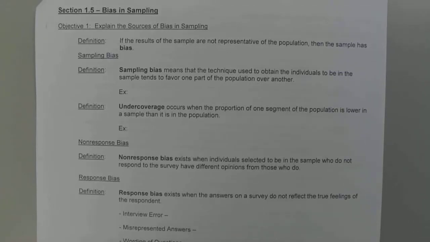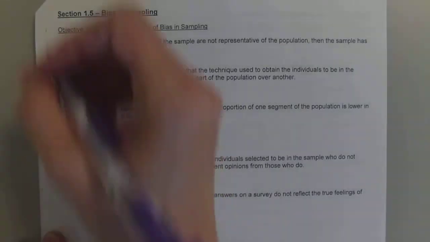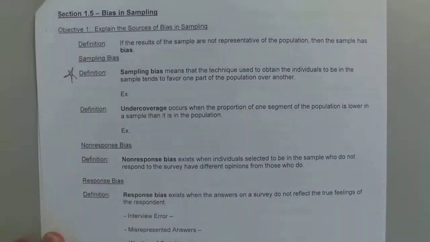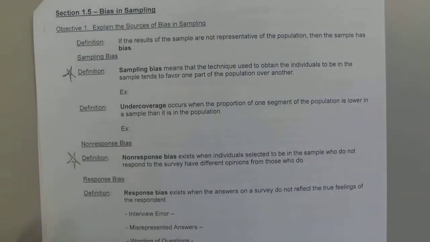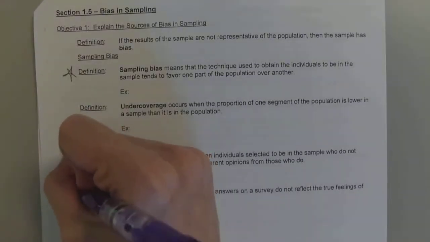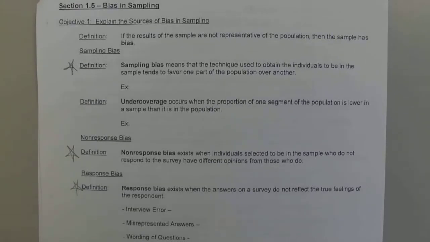So now that we know the different sampling techniques from 1.3 and 1.4, they want you to be aware of what can happen if you sample. What types of biases are there? There's actually 3 kinds, so I'm going to star those. Sampling bias is a kind of bias. Non-response bias is a type of bias. And response bias is a type. So there are 3 biases that we're going to talk about, okay?